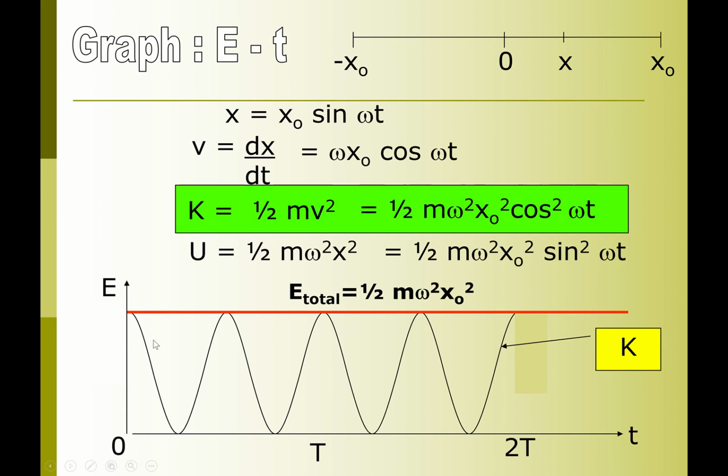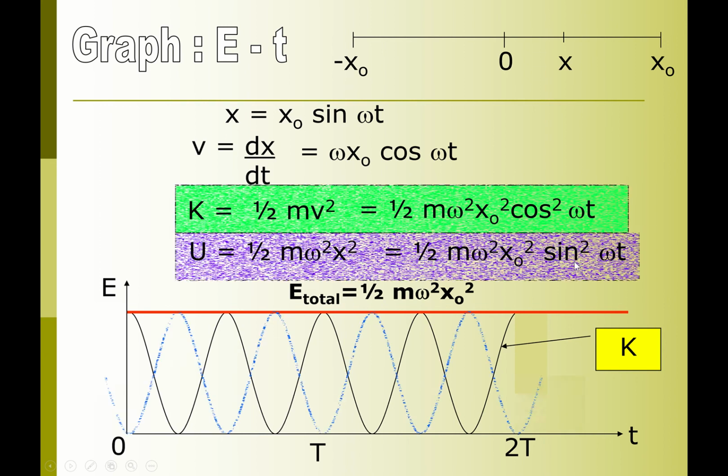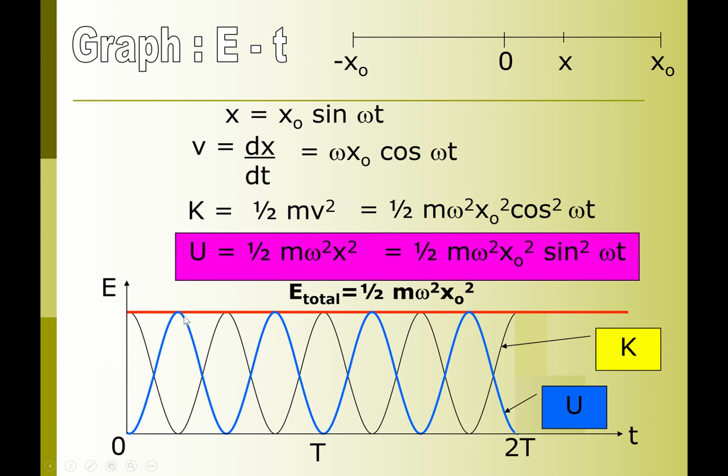For the kinetic energy graph, K against T, this is a cos squared. So that means it's a cosine graph. And because of the squared, it's always on the positive side. And for the time period T, it becomes double here for the cosine graph. And then U is a sine. So the potential energy is a sine graph, represented by the